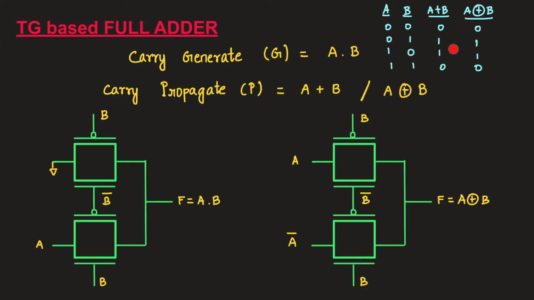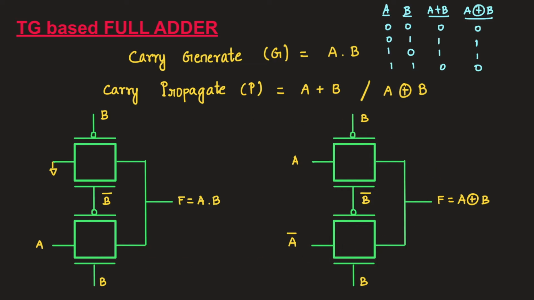From the truth table of A plus B and A XOR B, we can see that both the outputs are equal. You will wonder how 1, 1 is going to be 0 here. So here we can consider the case of half adder, where if we take A plus B, only the sum expression I have taken, we'll be getting the output as 0, 1, 1, 0. And we always know that the sum expression of a half adder is equivalent to A XOR B, and therefore we can say that A plus B is equivalent to A XOR B, and that's the reason here we have equated both of them as carry propagate function.